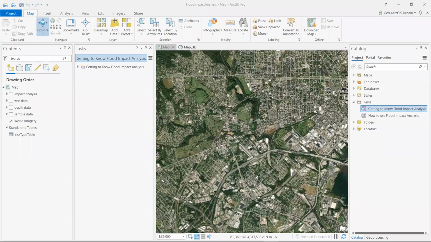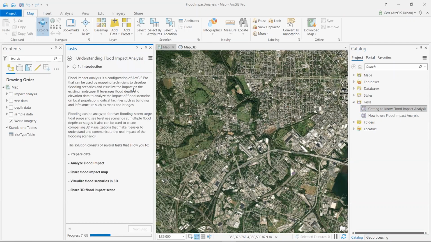So, as Walt explained, the solution comprises an ArcGIS Pro project, and that's the project you see here. Within the project, we have several tasks, and those tasks guide you through the workflow to analyze the impact of the flood. So the first task is what we call getting to know flood impact analysis. As we step through the task, it gives you an overview, an introduction of what the solution does, which steps are involved,